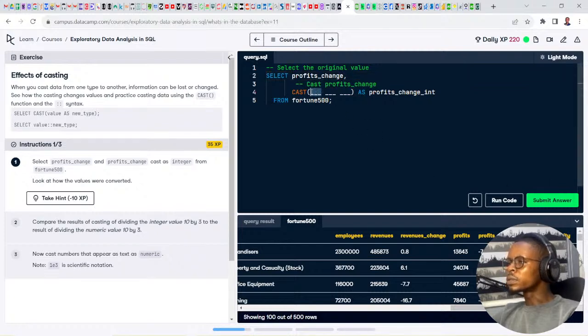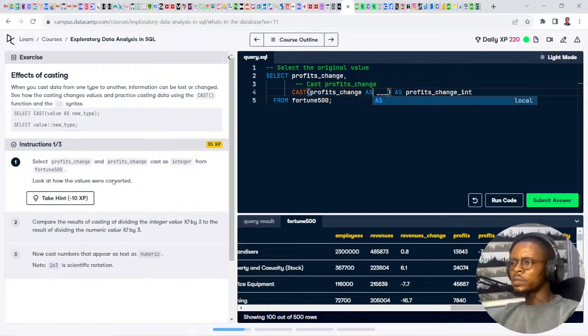We can use the as clause there, as the data type that we want. Look at how values were converted to integer. I want to convert it to integer.